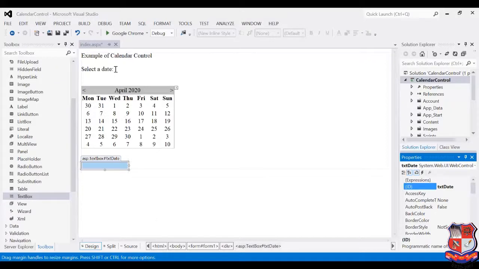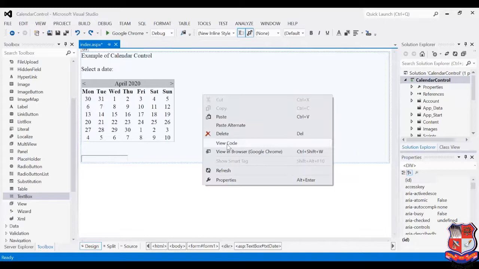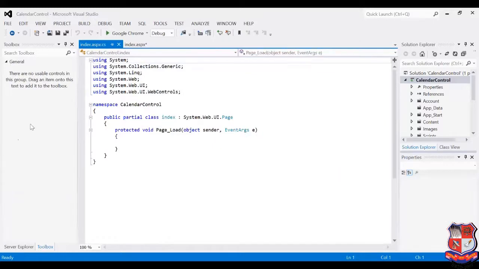So now I'm going to write code so that whenever I select some date from this control, the date will be displayed over here. Then we have to see one more example: whenever our page is loaded or reloaded, the default date, which means today's date, will be displayed. For that I just right click on the web form and click on View Code. It will take us to the .cs file, the C# file. The Page_Load event is already there. I just put my code over here.